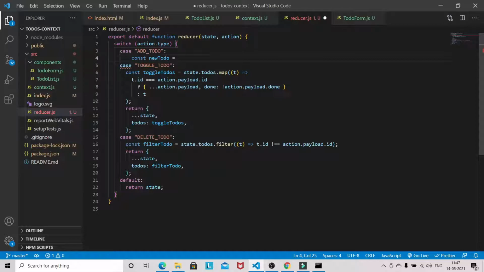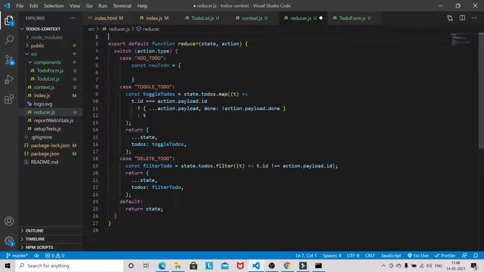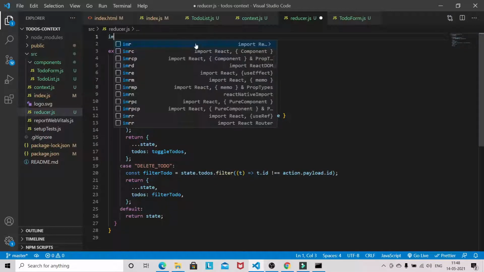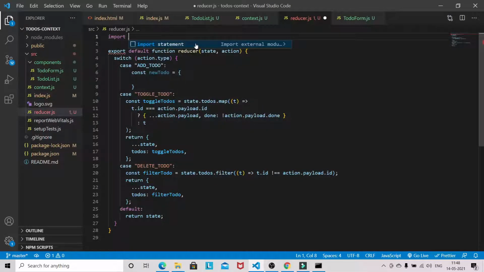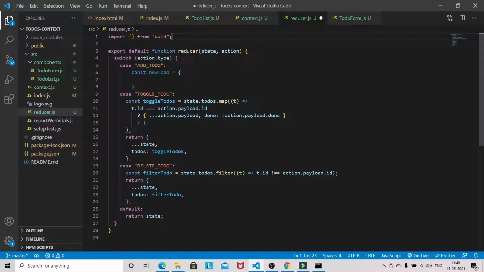Okay, so this new todo will have a dynamically generated ID. So we'll be using a UUID which I have already installed while setting up the application. So you need to import uuid like this way. v4.